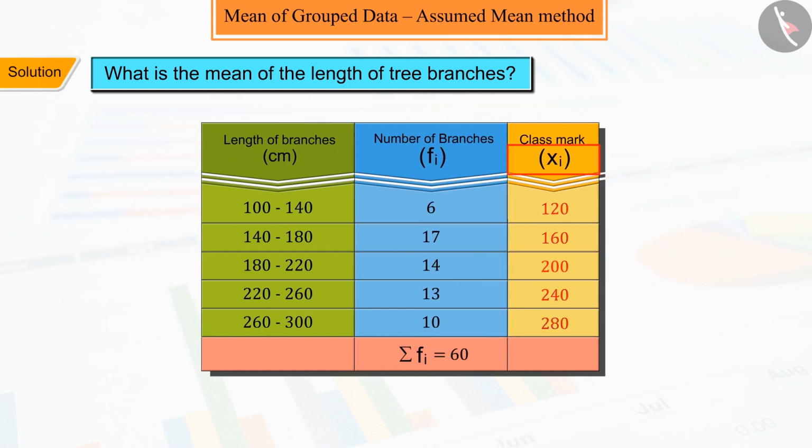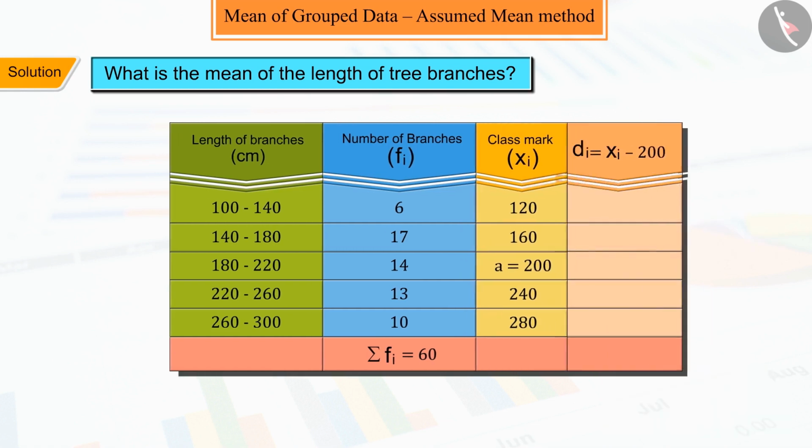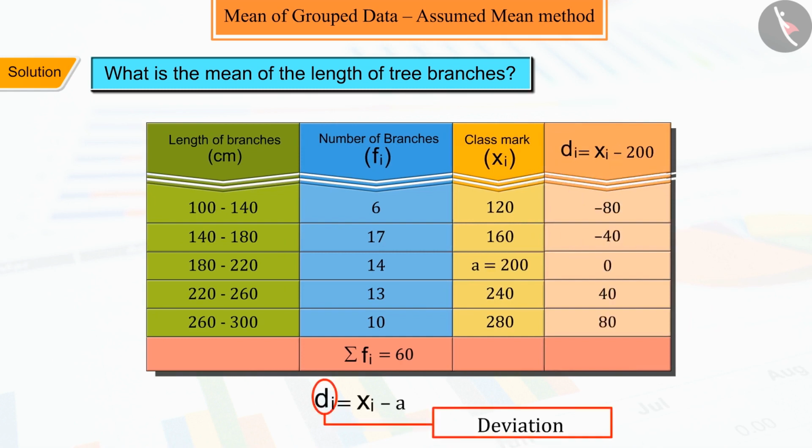So, from the xi obtained, any mean out of xi can be chosen as the assumed mean, which we represent by A. But to further simplify our calculation, we can take an assumed mean A from xi, which comes somewhere between x1, x2 and xn. Hence, from the table we choose A equals 200, where we find the difference di between A and each xi and find the deviation of xi from A,